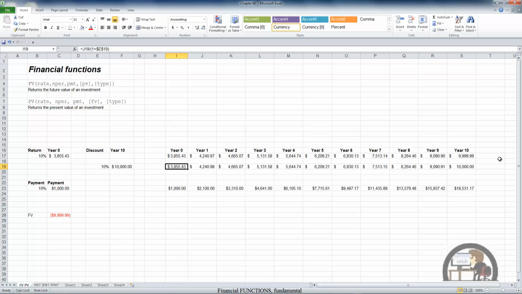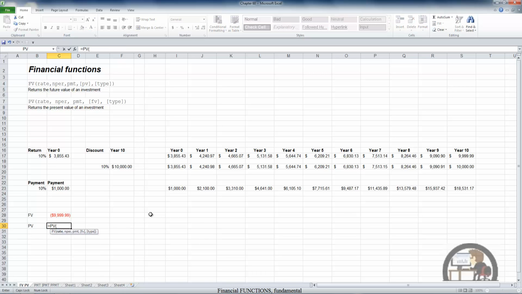So once again, there's a whole lot easier way to do that by using the present value function, equal PV tab. And once again, the first two arguments are just like the future value, where we have a rate and we have a number of periods. And once again, the rate has to be associated with the period. So since we have 10% that's defined for 10 years, the rate would be 10%, the number of periods would be 10, comma. Once again, we don't have a payment, so that's going to be 0,